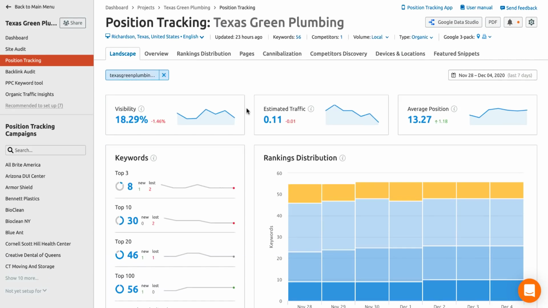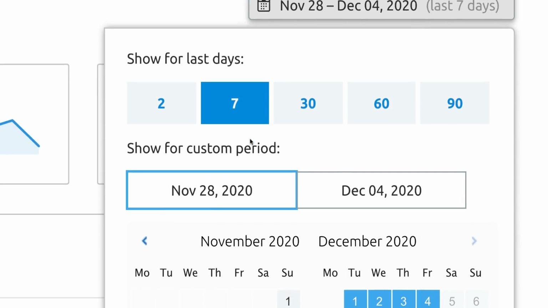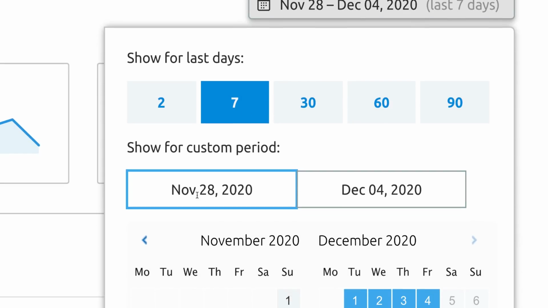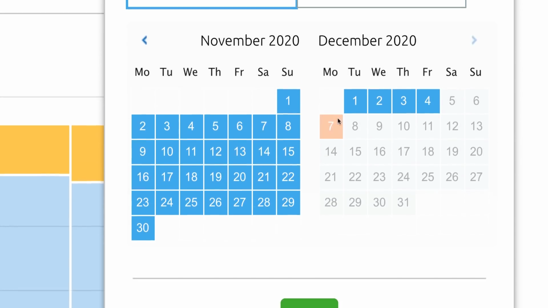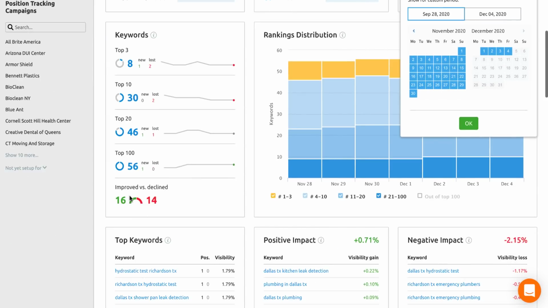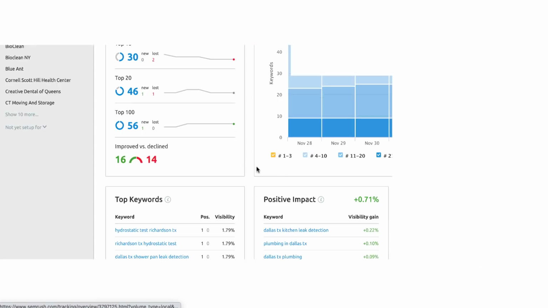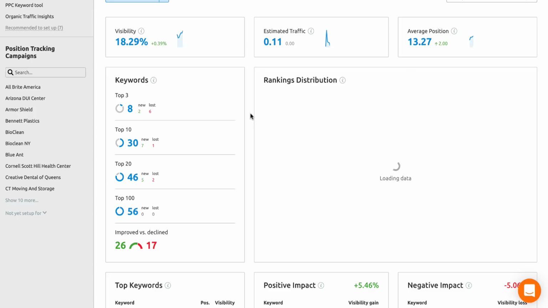One of my favorite things that the tool does is it actually allows you to change the date of the position tracking. This is showing last 7 days, but what if I wanted to see a much broader view? What if I change this to September the 28th and had it go to December 4th? Although this reporting is showing me in the last 7 days, we've lost 1% visibility because 16 keywords improved, 14 keywords declined. But if I change this report here, it's going to show me closer to when we actually started